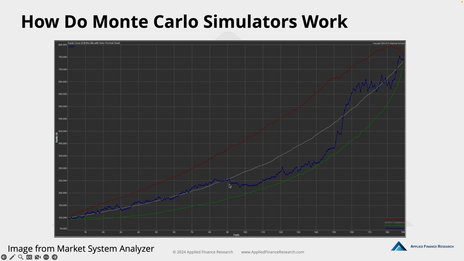That's the equity curve created by the back tests of this particular system over 190 trades. We have 190 trades here, and it's a pretty nice looking equity curve. The equity goes from 100,000 at the beginning to almost 750,000 at the end. Now, this equity curve is created by ordering the trades in their actual sequence, in the order that they were